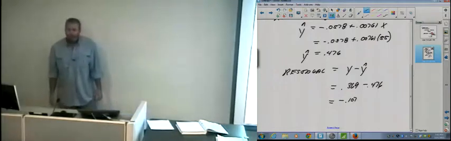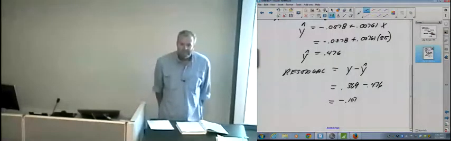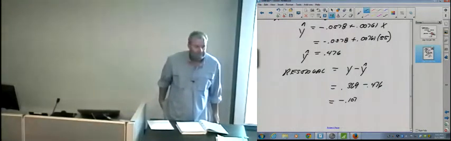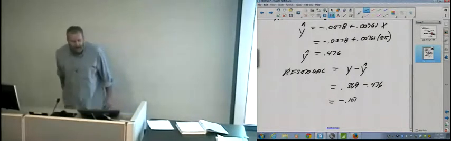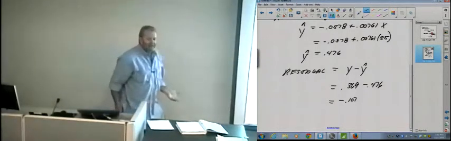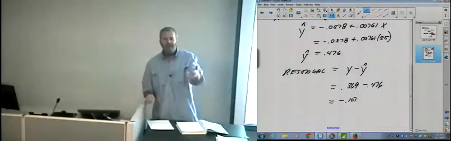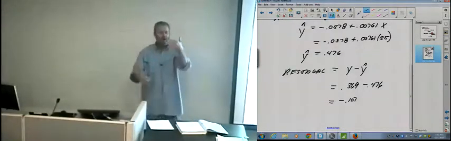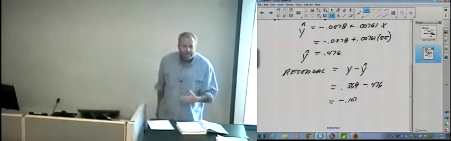Did we get a minus 0.107? Right? So, it's telling you that you got a residual of a minus 0.107. The order is important. It's always the observed minus the predicted. It's always a y minus a y hat there. Okay? Now,